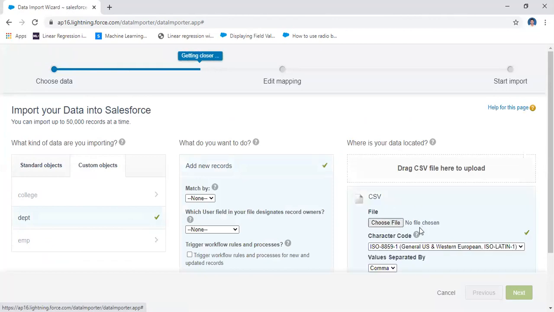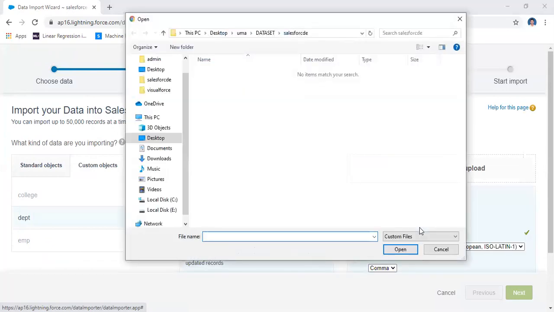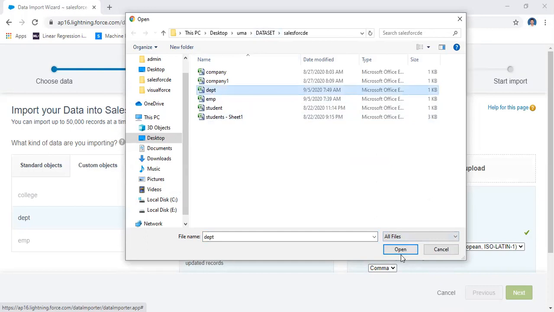I am selecting the CSV file as the department CSV file. Go to dataset, the Salesforce CSV file, department file.